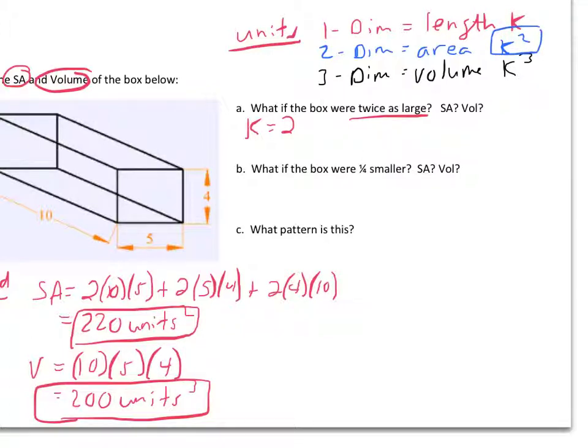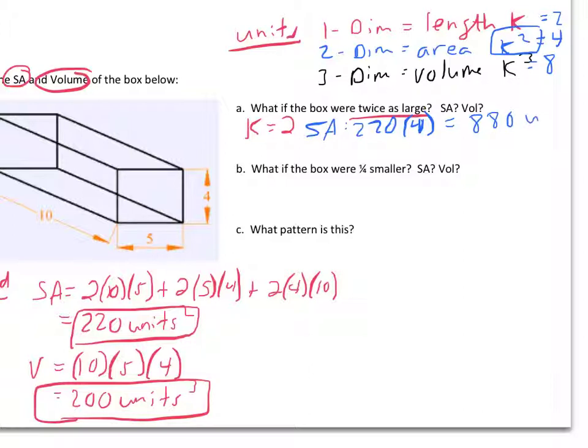So I would take the surface area, which we know is 220, and I'm not going to take that times 2 because the units are squared. I would take that times 4, in other words, 2 squared. So if K is 2, then K squared is 4, and K cubed is 8. So the surface area, the original 220 times 4, gives you